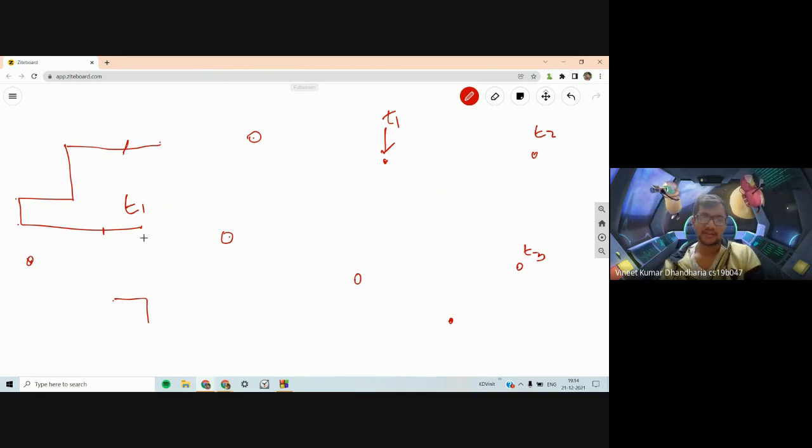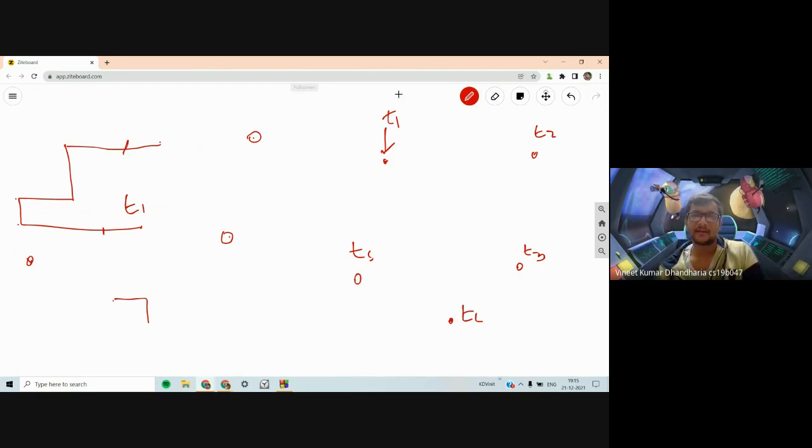So for each connected component, you just find out the minimum time: t2, t3, t4, and t5. These are the minimum time it would take for this connected component to explode automatically. Just when one of the mines blew up, it would blow all the other mines as well. And these are all the mines. Now these mines are all independent.